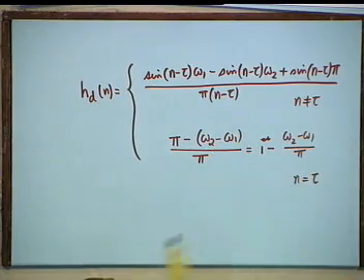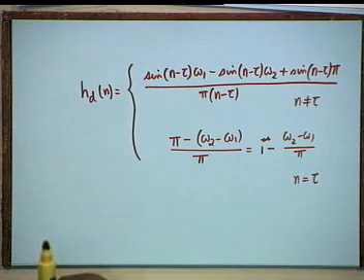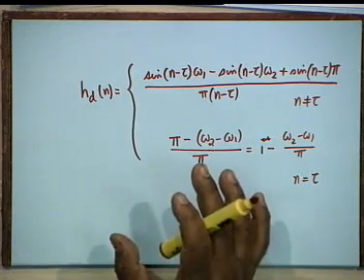Omega 2 minus omega 1, is it the bandwidth? Stop bandwidth. In this particular case, because we are aiming at an ideal response, it is indeed the stop band, it is not the pass bandwidth, it is the stop bandwidth. But this is not very important, it is just out of interest that in this particular case, because the tolerance is 0, omega 2 minus omega 1 is also the stop bandwidth.